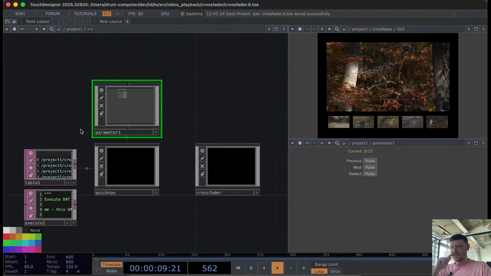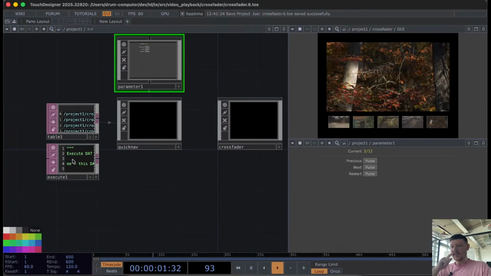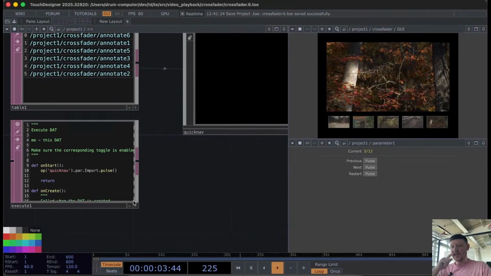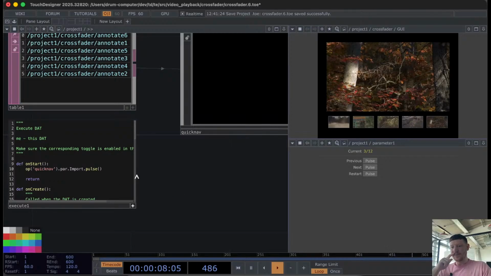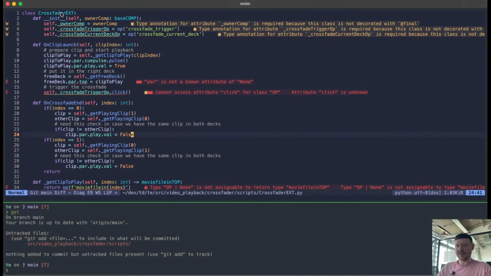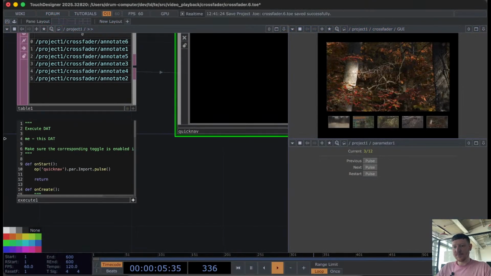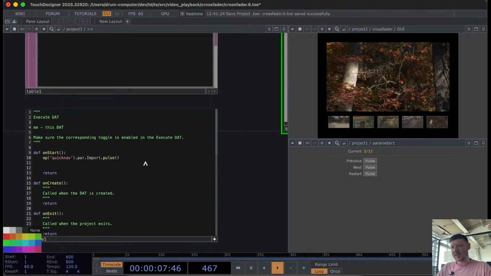So we're gonna do a preload, and we're gonna write it on the extension. No, let's not do it on the extension, because, why does Crossfader care about